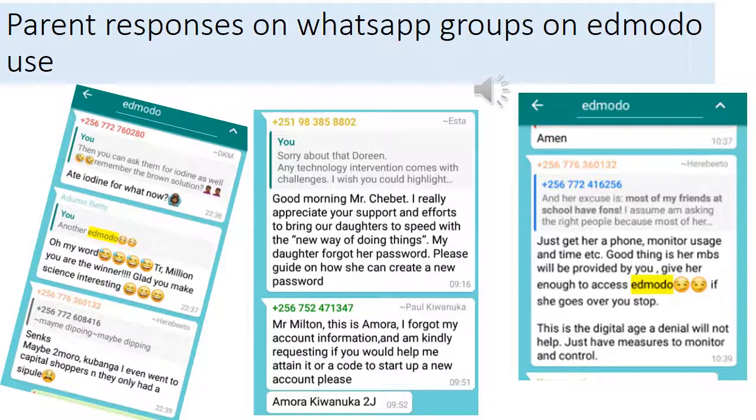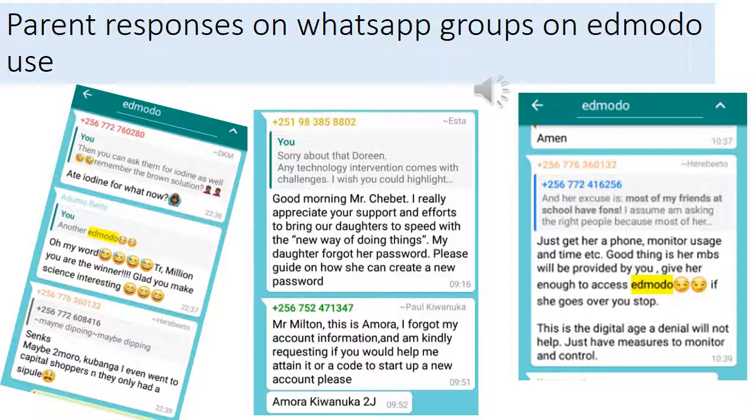Through the WhatsApp groups established for parents, I'm able to help the parents to engage their children in using the Edmodo platform to access the content and also do some exercises on a daily basis. So these are basically some of the samples of